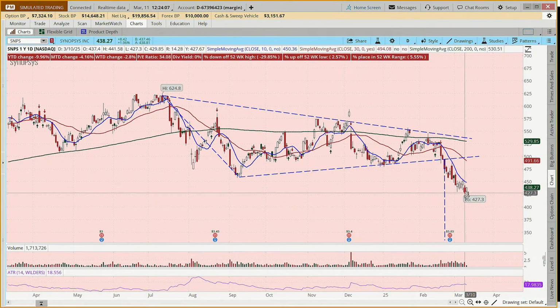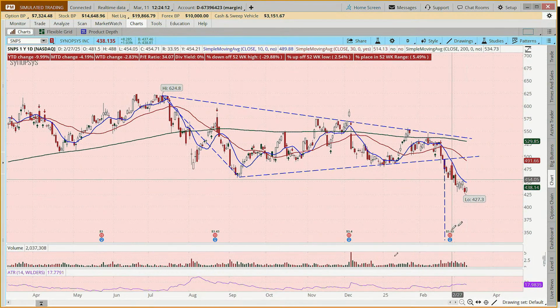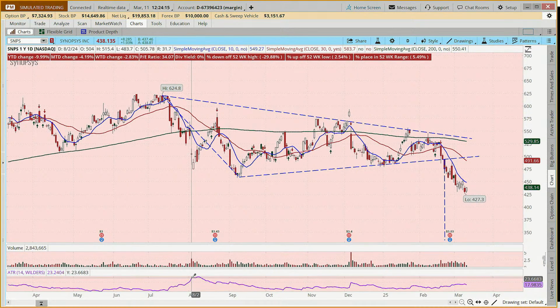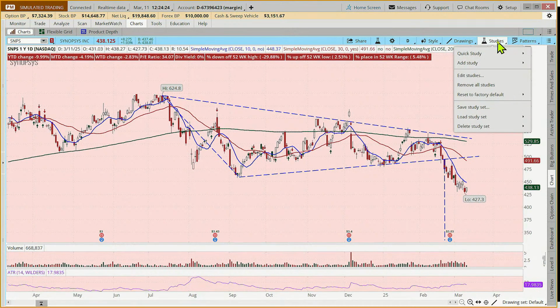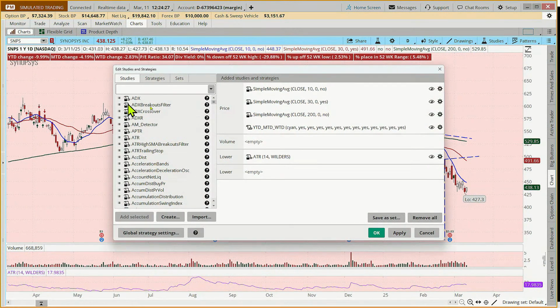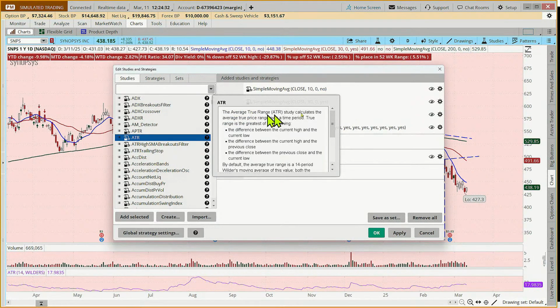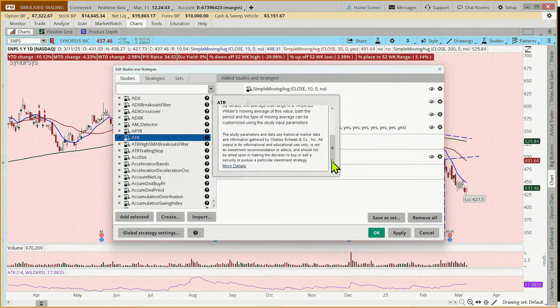And we talked about that back when I used to teach long options, where you had a modest target. This one, ATR, is the average amount this stock moves in a day over the last 14 days. And if you want a more specific, detailed description of what that is, you can just come to ATR and click on this little question mark and it will tell you. The default is 14 days, and that's what we've gone with, because when we put in that kind of target, we're looking at a shorter term trade, or that's the goal.